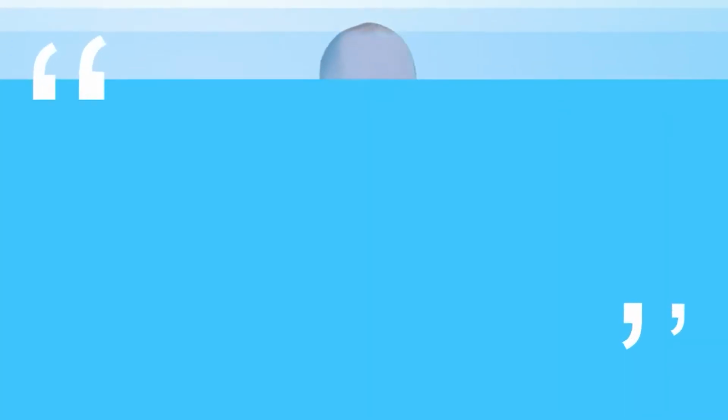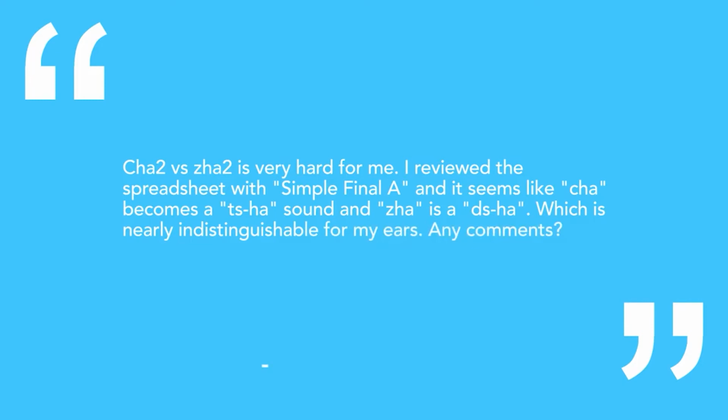Roland Kuffler on Unit 9 wrap-up, he says, cha versus ja is very hard for me. I reviewed the spreadsheet with simple final A, and it seems like cha becomes the TSHA sound and ja is DSHA, which is nearly indistinguishable for my ears. Any comments? Interestingly enough, Roland left this comment 2 lessons before we were going to introduce the minimal pairs Anki